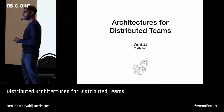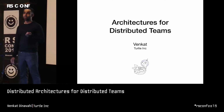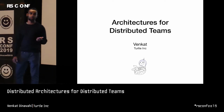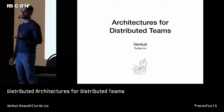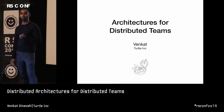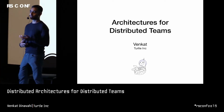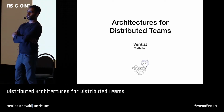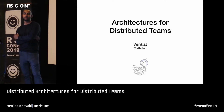But one of the challenges we had was how can you architect your software system so that it's easy and efficient for a team like this to contribute to? We experimented with a few options. We did some research, we ran some experiments, and we came up with a solution, and it turns out that this solution is applicable to all sorts of teams beyond just distributed teams,